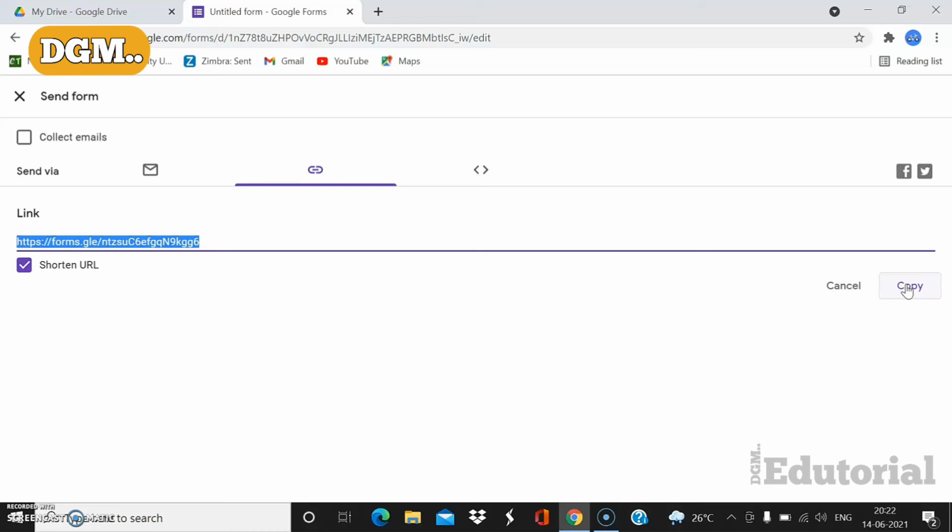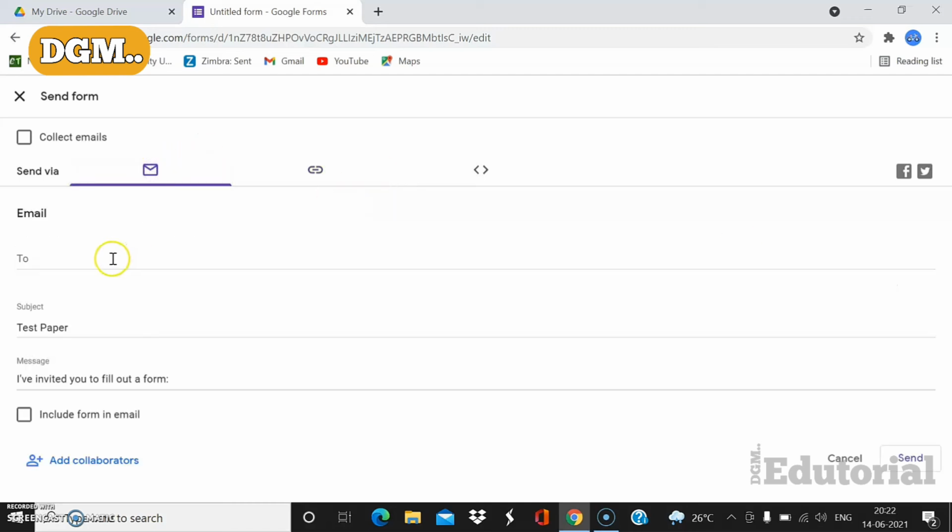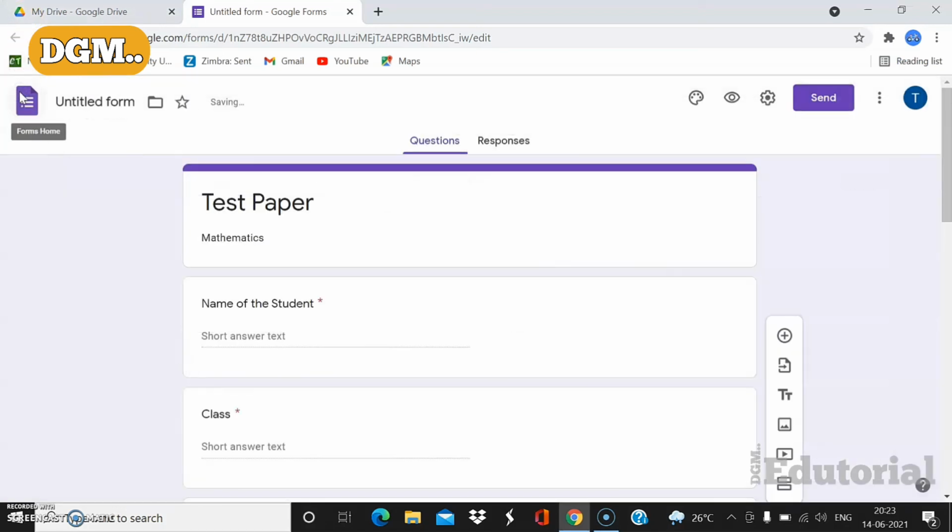That's one way. Or else, if you are using a mobile phone to connect with your students on WhatsApp, all that you need to do is, maybe you could send it as a mail to your own email address, right? We'll send this as an email to your own email address. You could type in your email address and copy the link and send it to your email address. And then you could open your email on your mobile phone, copy the link and send it over WhatsApp to the students, to the WhatsApp group. So this is an easiest way through which you can prepare a question paper.